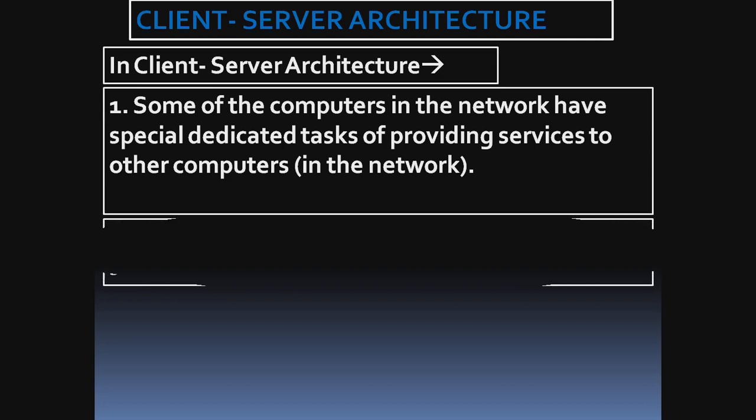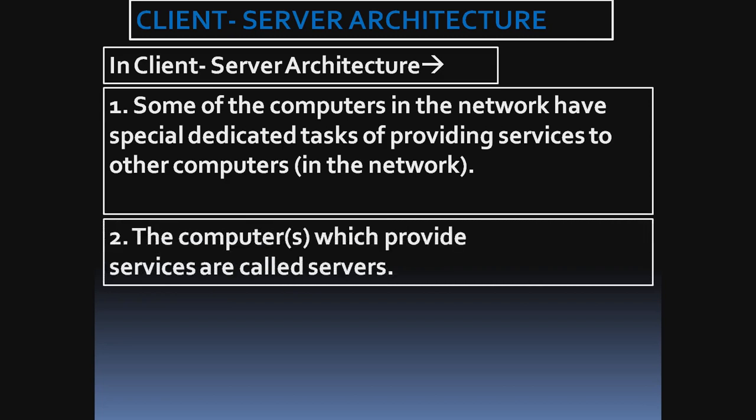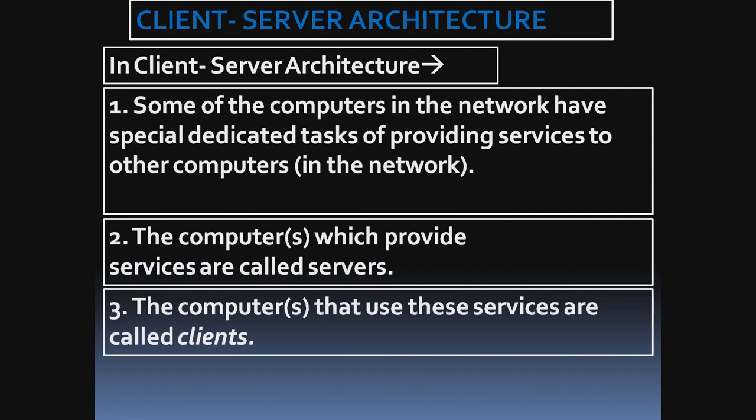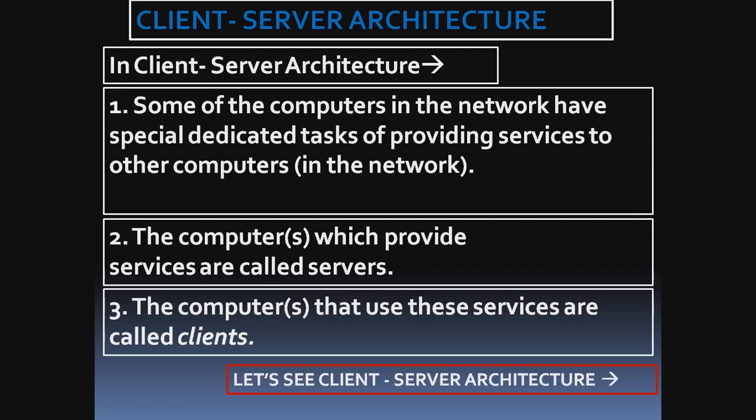So these given computers which provide these services are called servers, and the computers which use this service, here we are using the service, we are trying to surf the internet or surf a given website of the internet. So we are requesting for that website from the server. So we are the clients here, or our devices are the clients here. This is all known as client server architecture.